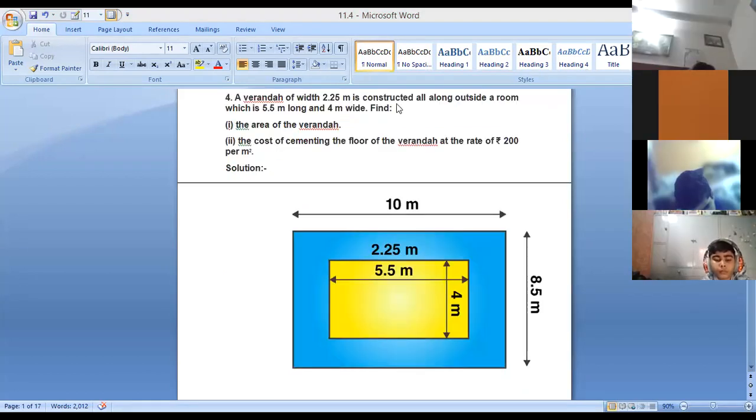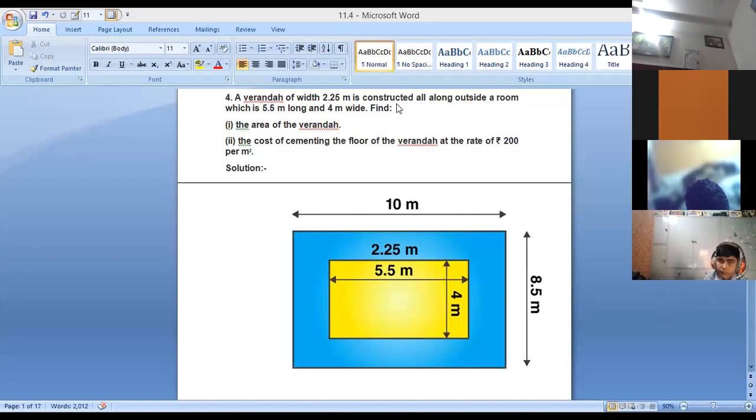Next question is, a veranda 2.25 meter wide is constructed all along outside a room which is 5.5 meter long and 4 meter wide. There is a room, outside a room, length 5.5 meter and breadth 4 meter is given. We have to find out the area of the path. 2.25 meter is the